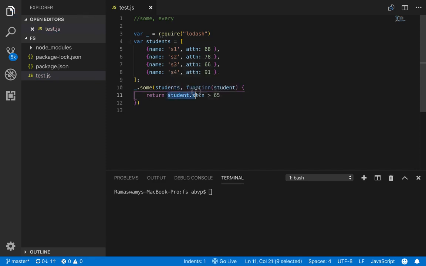So if the attendance of the student is greater than 65, we return true, and thus some will return true. So let us save that boolean value in a variable, say some attendance okay.